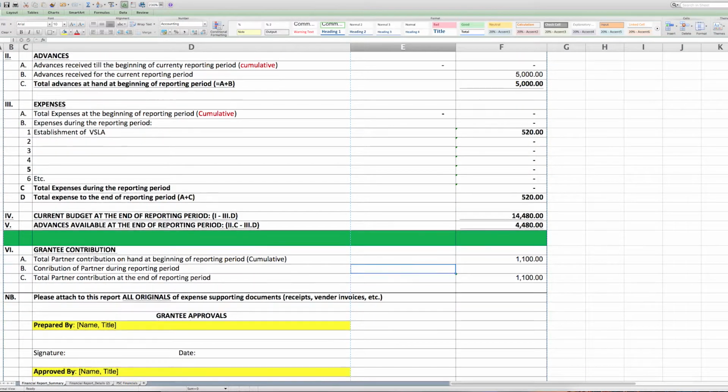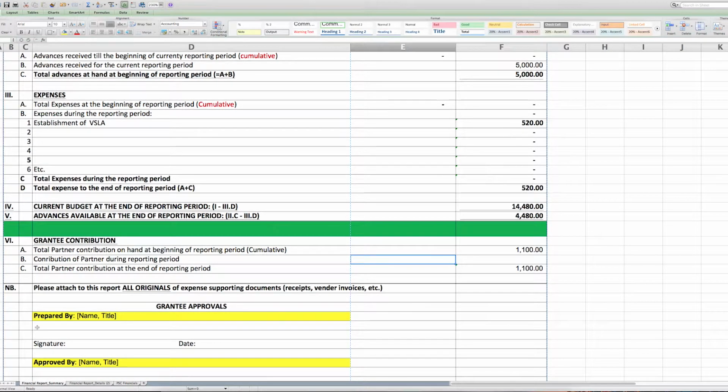And the C component is total partner contribution at the end of the reporting period. And again, since we are reporting for the first tranche, we have just two contributions, one from the cluster, then one from the BSS organization. Then when all this is done,